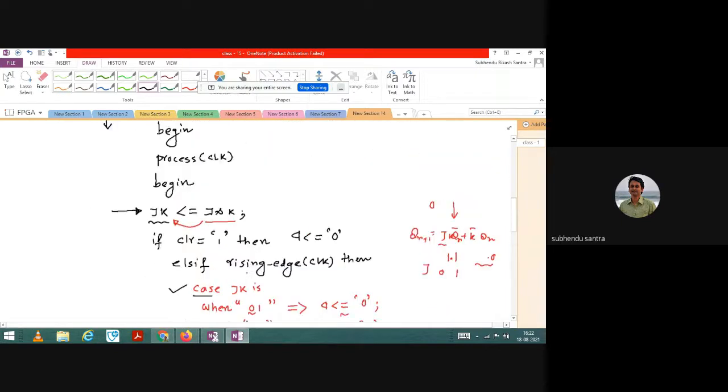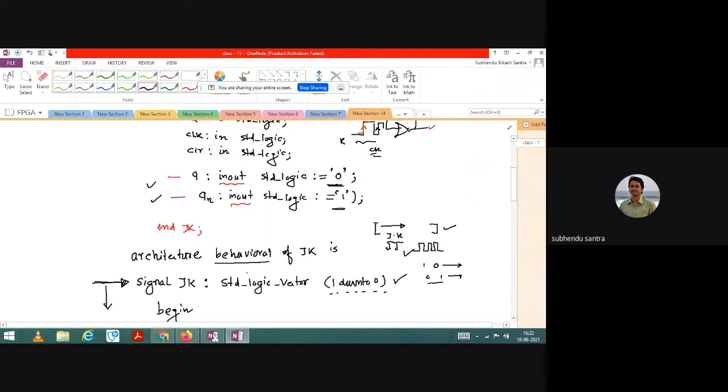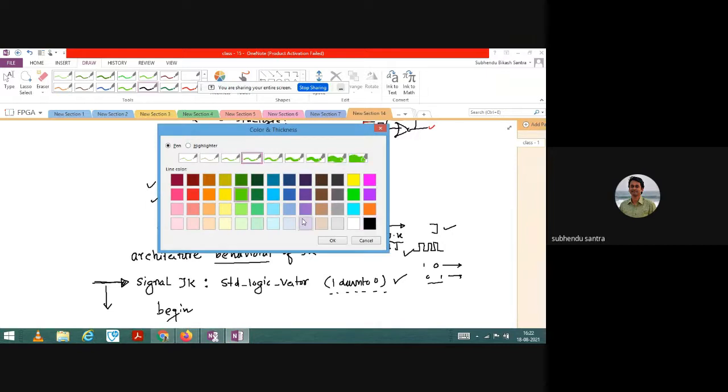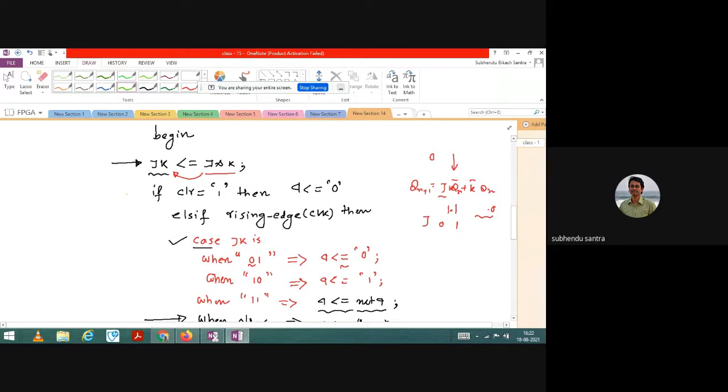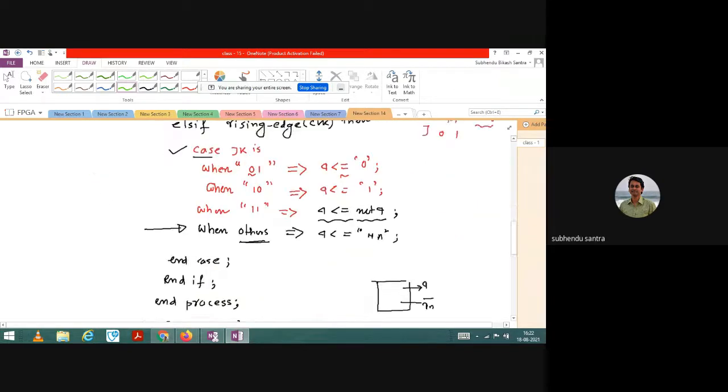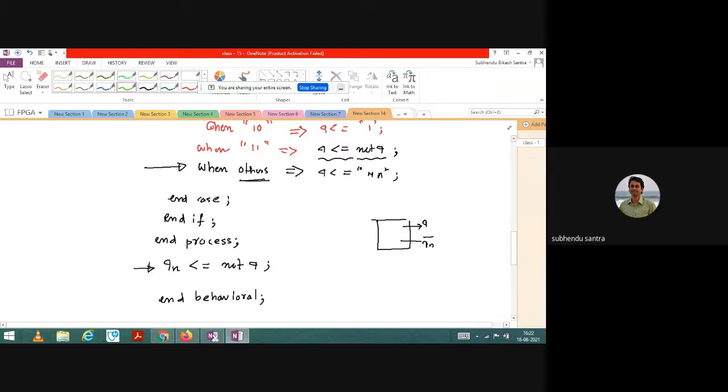Okay, so what are the learning points here? The first learning point I have to note, and you please check when you revise. This is the first learning point here. Second learning point, how to initialize the value. And third learning point is here, how to assign the signal in a program. And finally fourth is this, that after completing the process, do not forget to implement the complementary one. Complementary means Qn should be not Q. Okay, so is that clear to you?